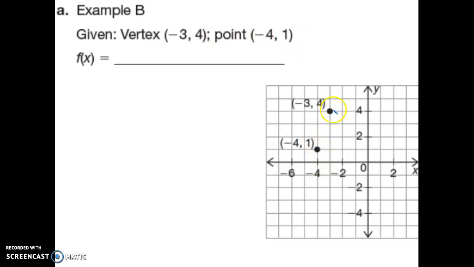They plot both of those points, but you don't actually see the parabola. So I think the first part that would be kind of nice would be, let's actually draw the parabola. If this is your vertex, this point right here, that means your parabola has to be opening down in order